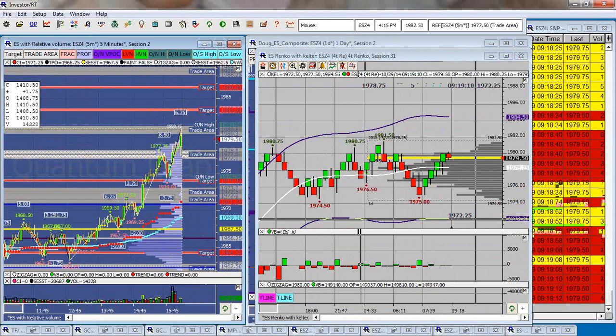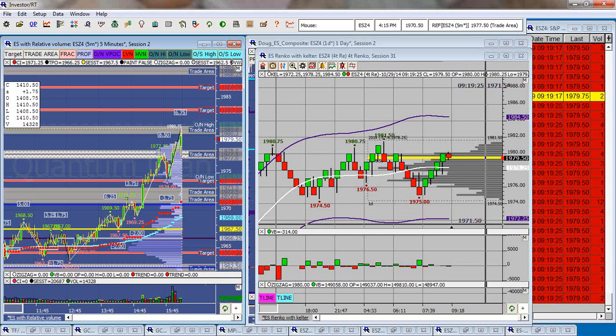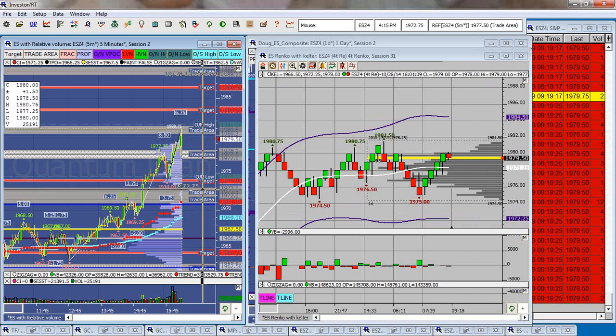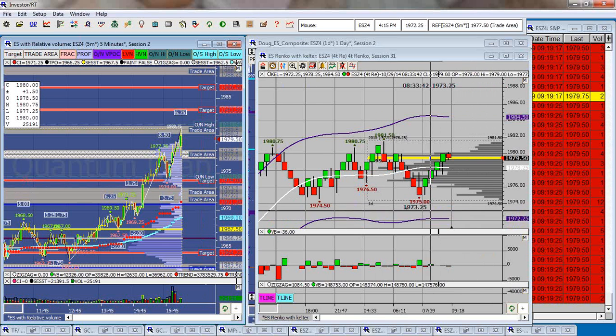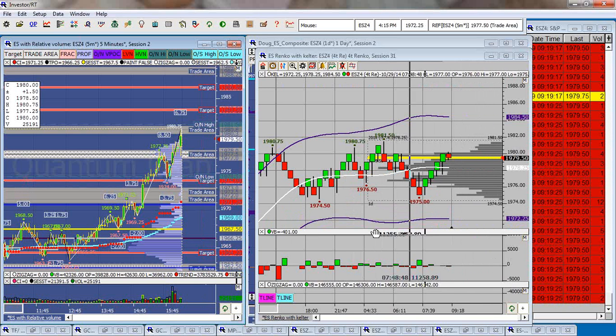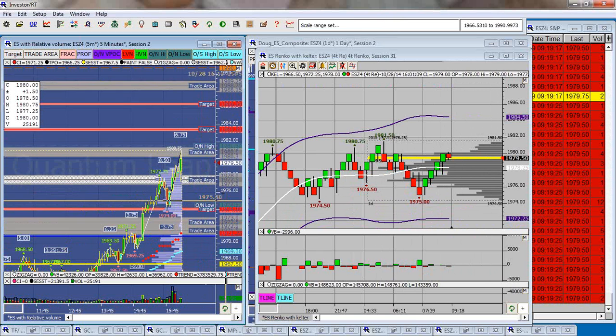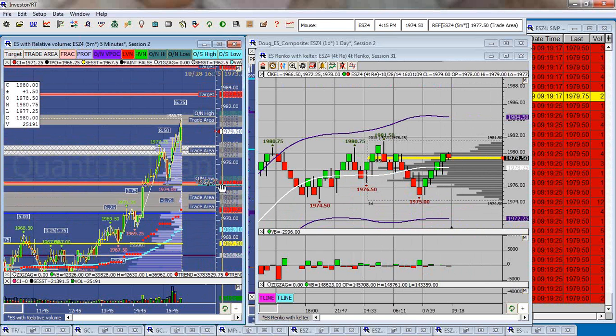And I would watch if this sets up as a Renko reversal with a possible walk the line. That walk the line is going to be a nice walk the line. If it sets up here, you get your Renko reversal up to 74, and then come down, close below the Keltner, and walk the line down to 71.25. That'll be actually a pretty nice setup. Anyway, 19. Let's just take a quick look at gold.